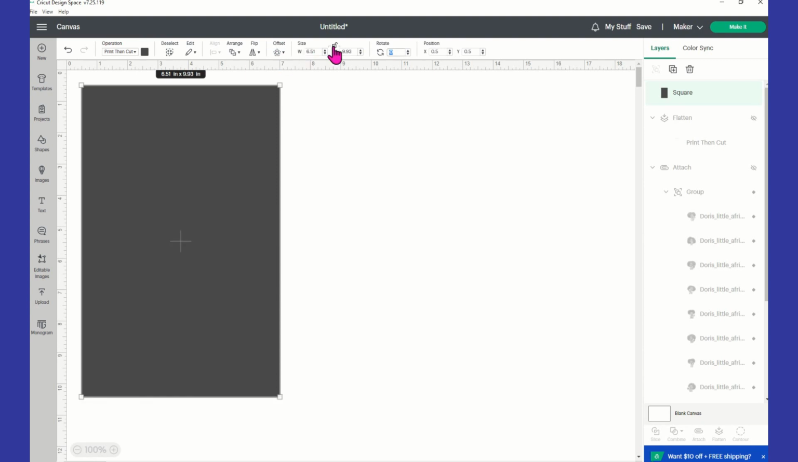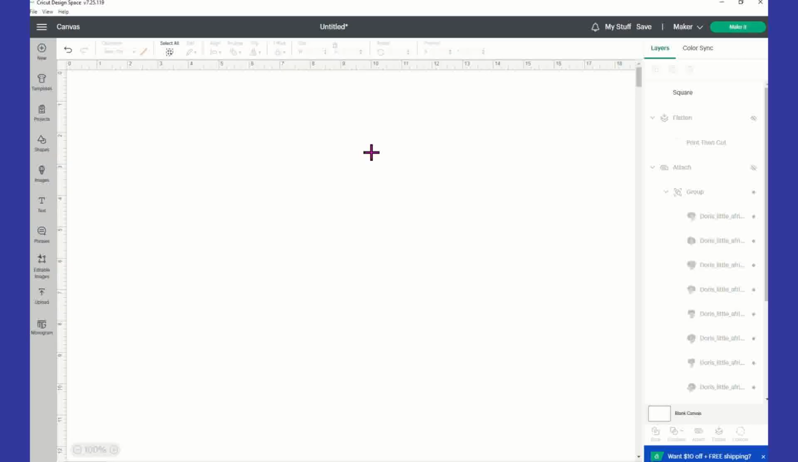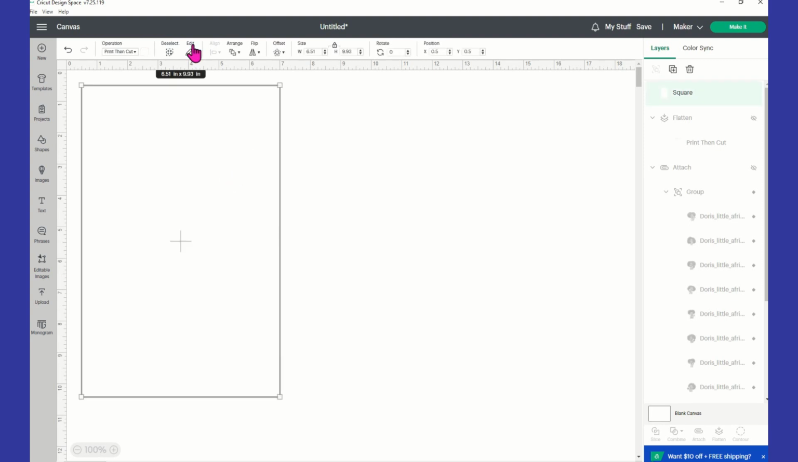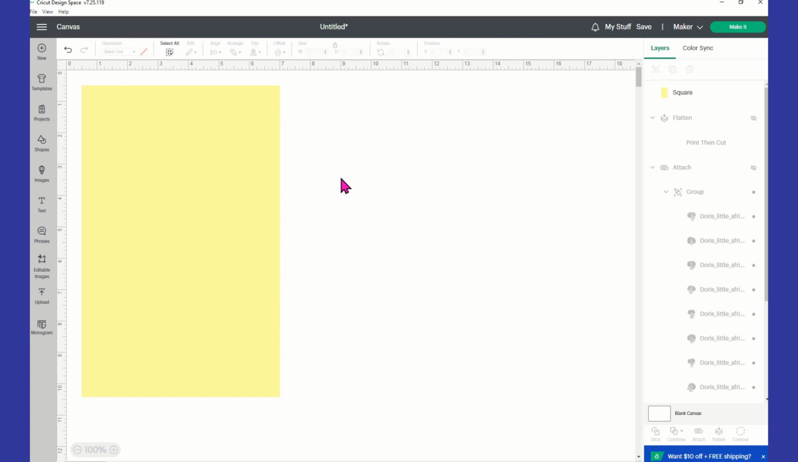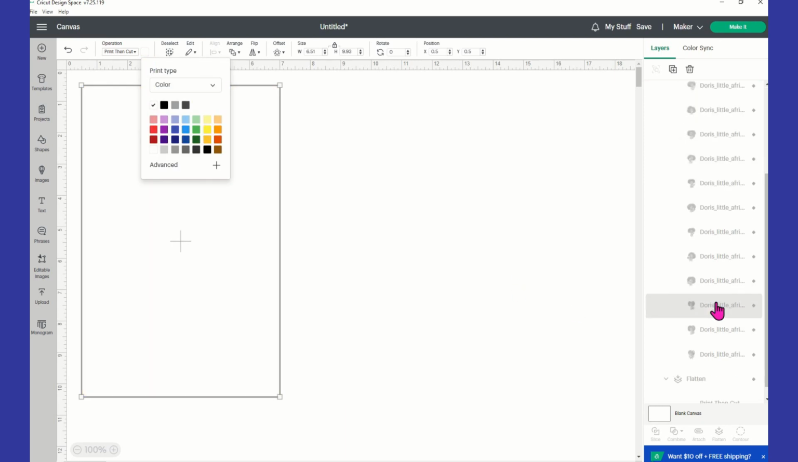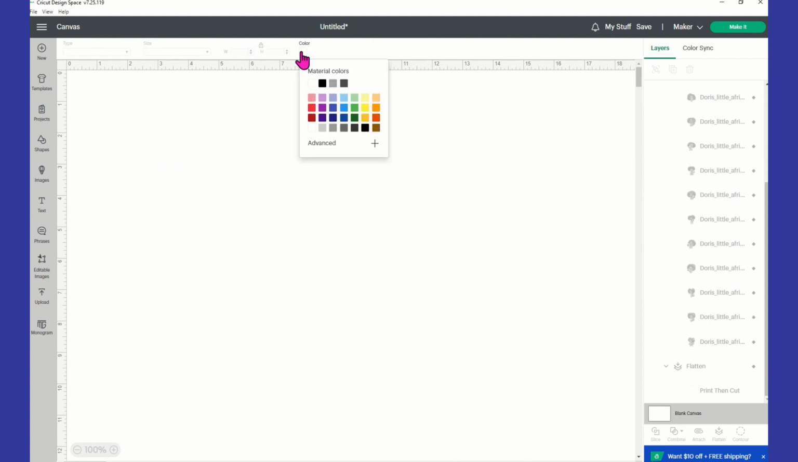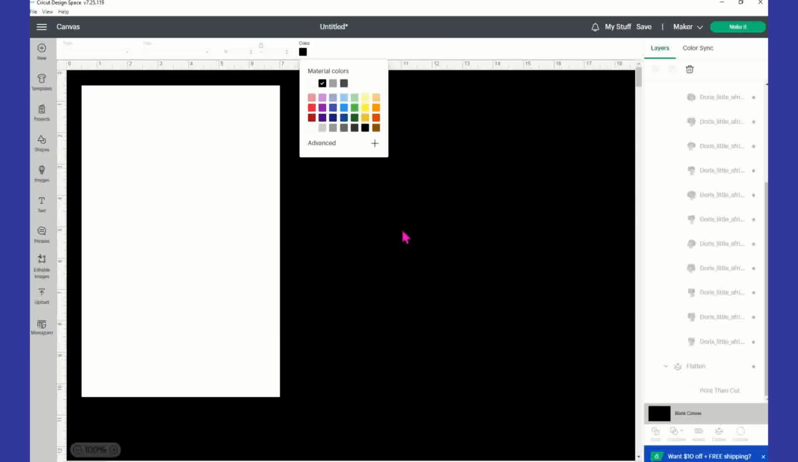Okay, and then I'm going to lock this back, and I'm going to change this to white so we can see. Or maybe not white. Let's do yellow, just so we can see. And you know what? I can do us one better. Let's go ahead and make this white. And then we're going to come down here, and we're going to make our canvas a different color. That way you can see the white